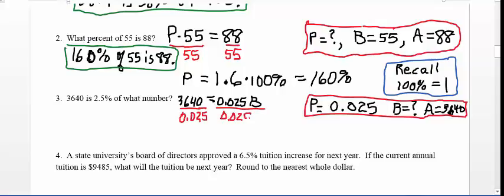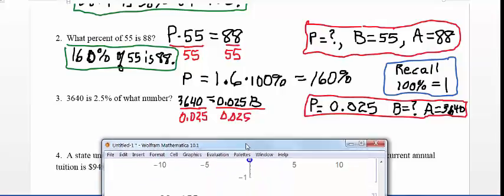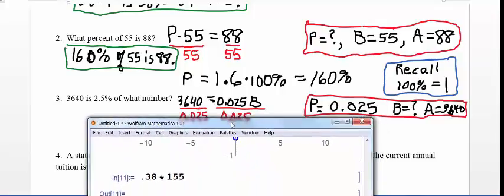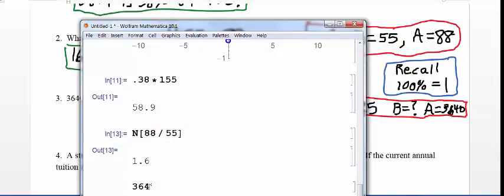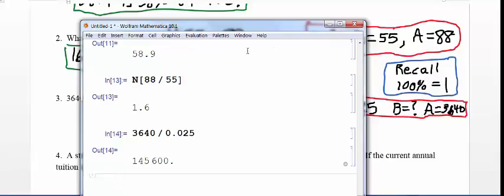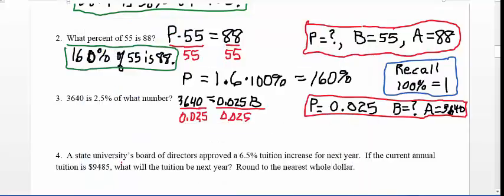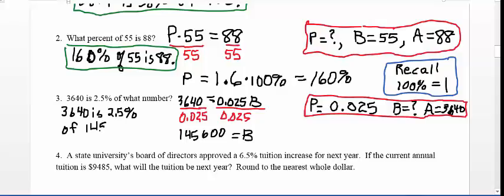So we need to divide both sides by the percent, 0.025, which we have in decimal form, to find the result, which is 145,600. That's our base. Now notice 3,640 is 2.5% of